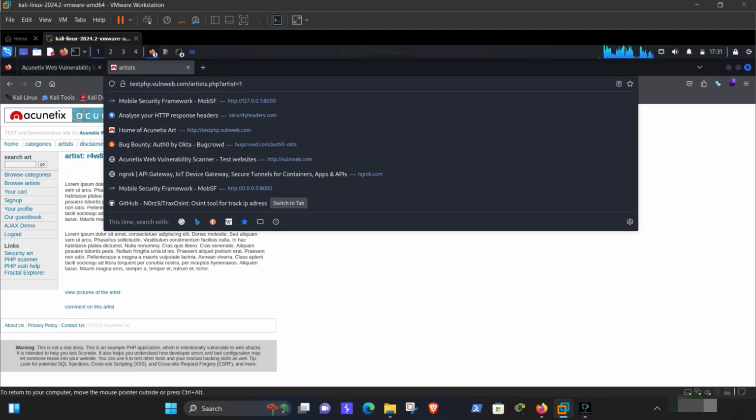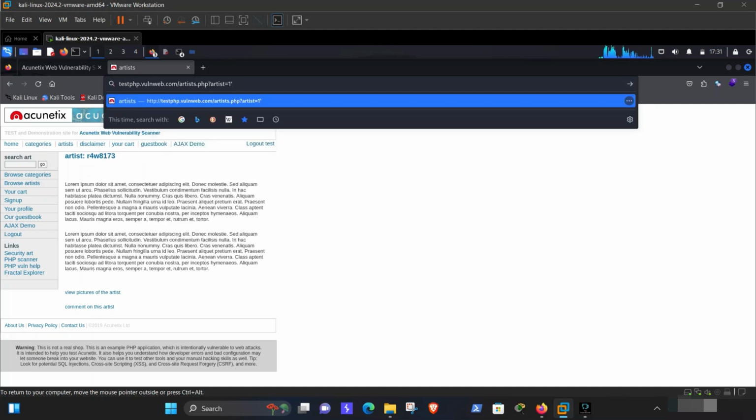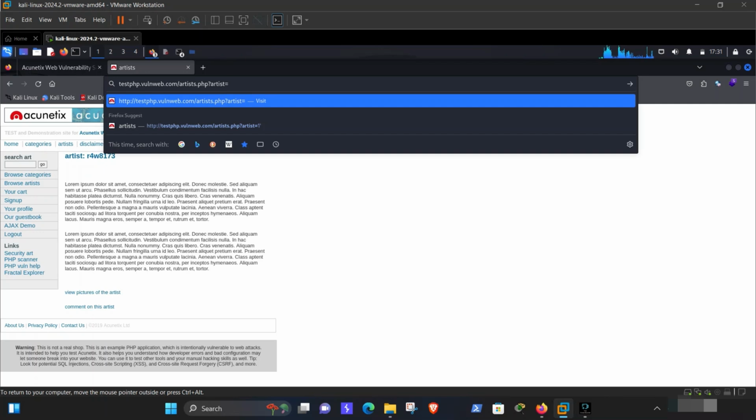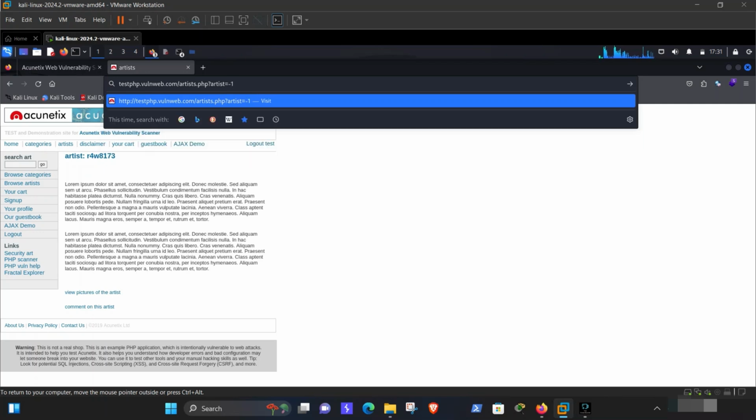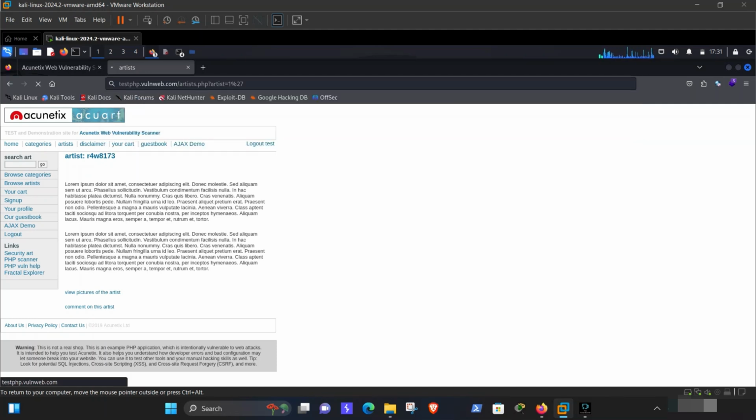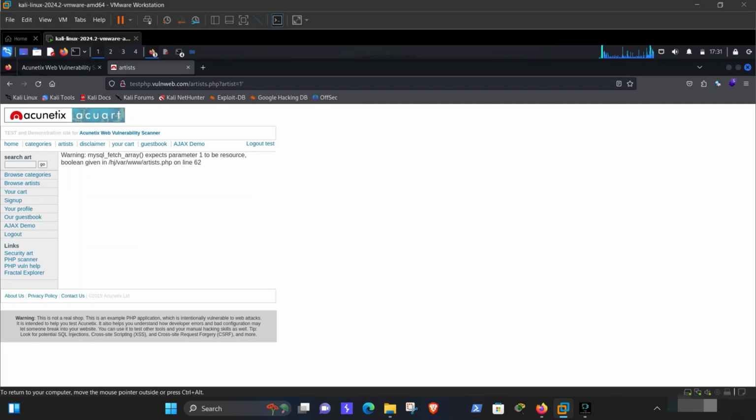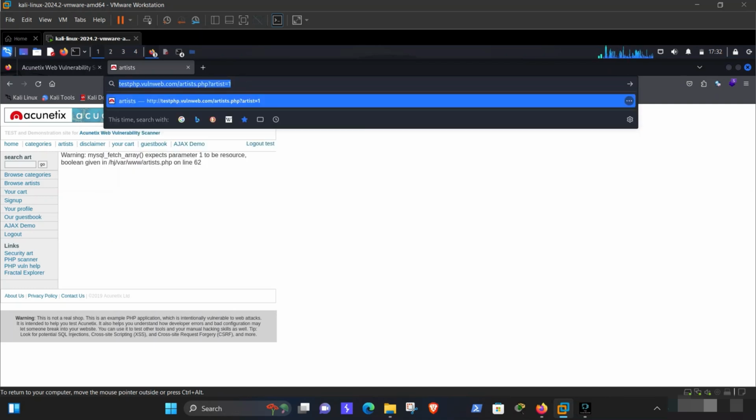So for us to test if this website is really vulnerable to SQL injection, we can add a quote parameter, or we can add -1 to test for it. So I'm going to add a quote, then hit enter. Once it gives me an error message, this indicates that this site is vulnerable to SQL injection. And from what I observe here, it gives me an error message. So I'll need to copy this link,